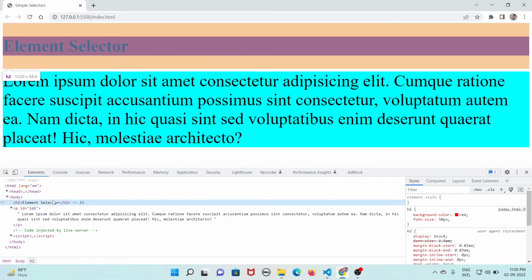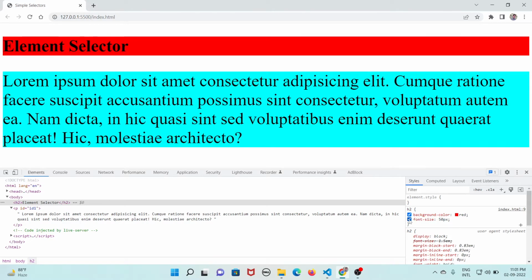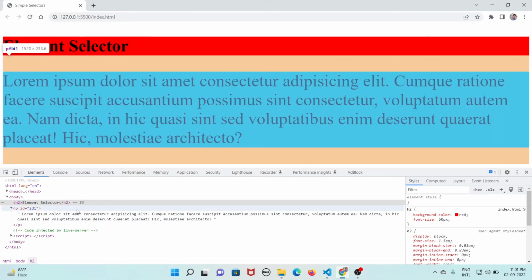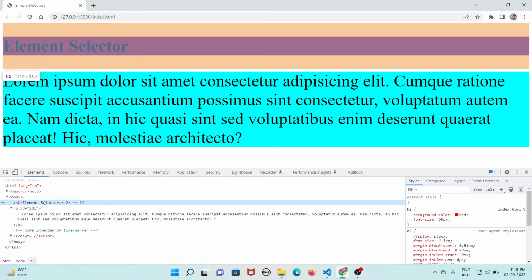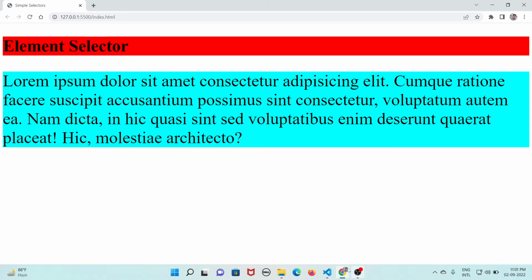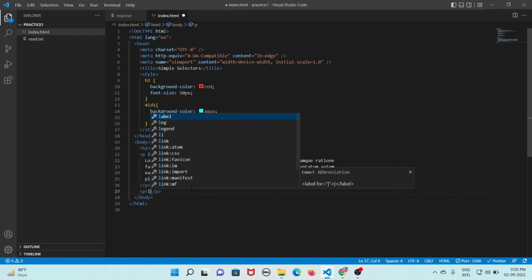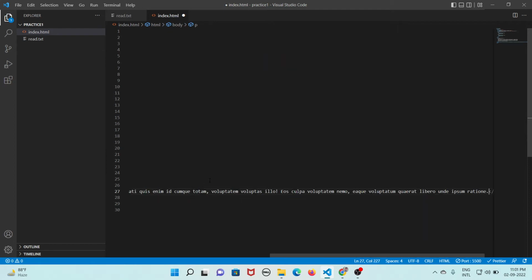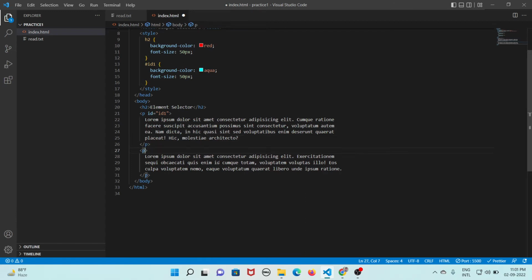And for S2 we are targeting this, you can see here. This is our element selector. These are our properties we have set. This is ID selector, this is your element selector. Now we will see class selector. So we will make another paragraph, lorem 34, format document, and put it here class, and